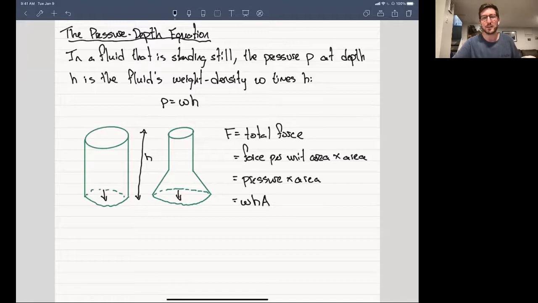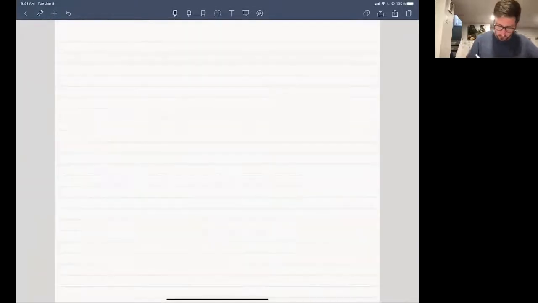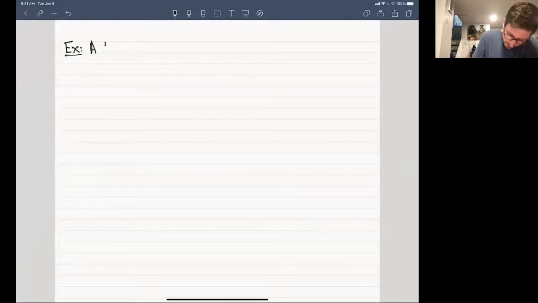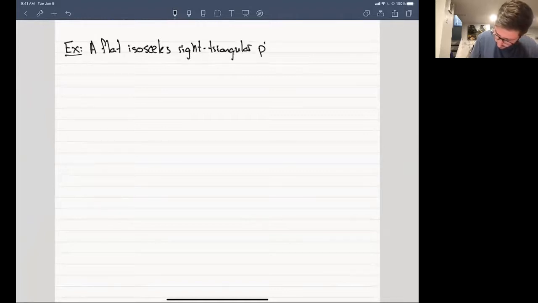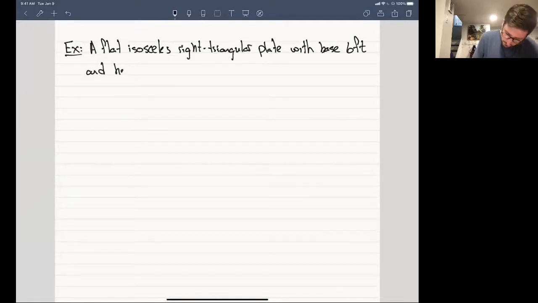Okay, let's see it in action. Let's actually do an example to drive this home. So let's imagine the following. The example here is, we imagine a flat isosceles right triangle plate, or right triangular plate, with base 6 feet and height 3 feet,